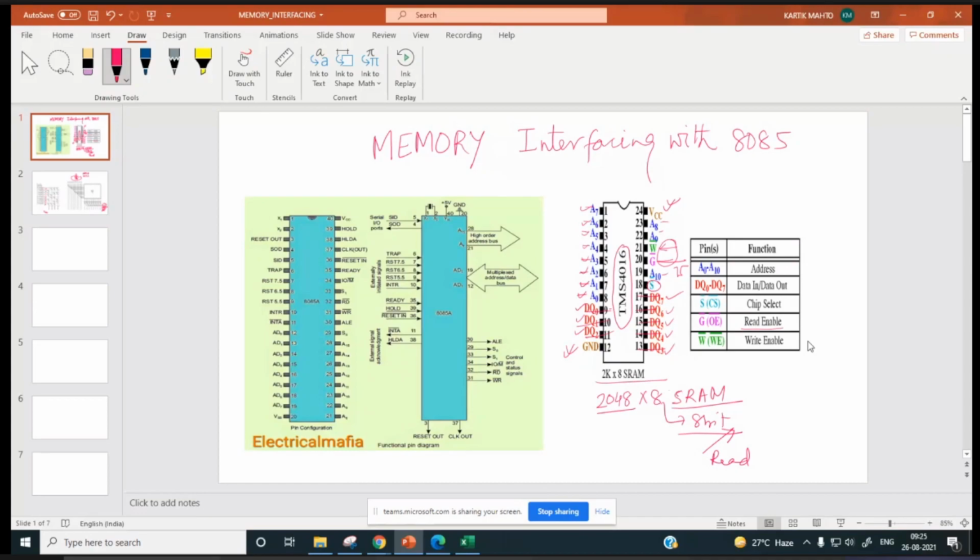for reading the data. Now next, suppose you want to write something in the memory location. So you have to send the address via these pins A0 to A10. A typical memory location will be enabled. Then you will make write bar low, and you have to send data via these pins D0, D1, D2, D3, D4, D7, so that in that location data will be written.